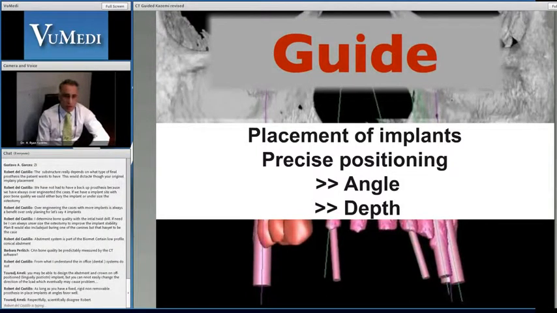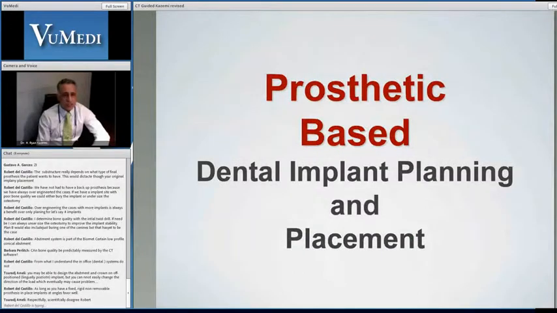The placement of the implants, angulation, depth, and this is critical because we all realize that this is prosthetic-based dentistry, as we all have heard, and we need to follow prosthetic-based principles